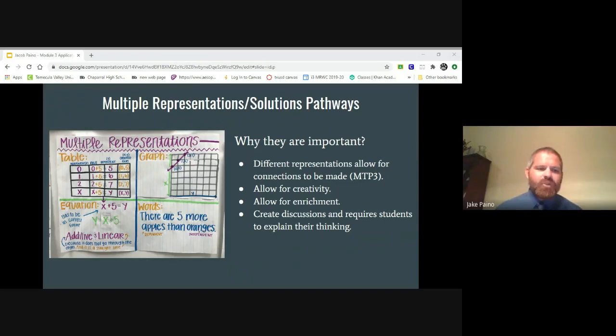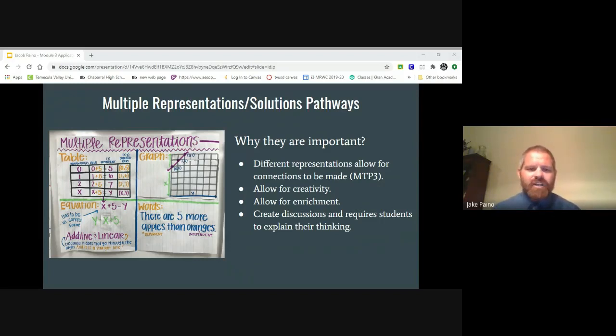If they can see multiple representations and connect it to their prior knowledge, it allows them to build off that prior knowledge to gain future knowledge. It allows for creativity. If I'm a teacher who has my favorite way of solving a quadratic and I only teach them that one way, later on when they're asked to solve and it lends itself towards a different strategy, it doesn't give them the options to decide which way is best